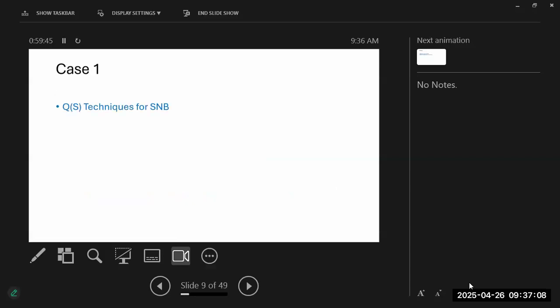So what are the techniques for sentinel node biopsy? I think I told before that you have different tracer techniques, the radioisotope scan and the blue dye. What we use is the 2% methylene blue. The percentage is important. If your hospital doesn't have